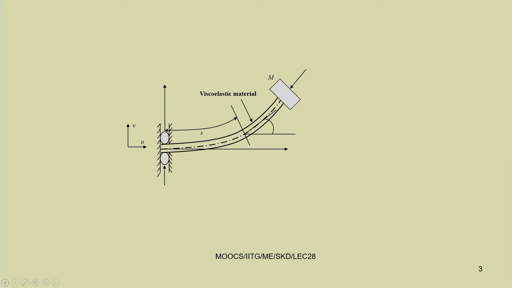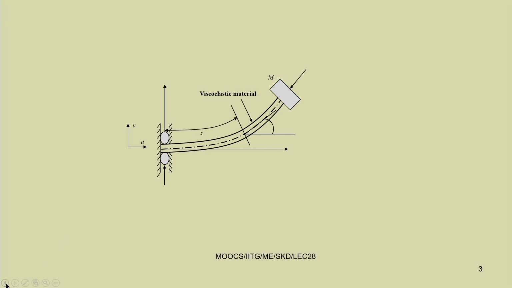In this structure you can see it is written a viscoelastic material beam. It is a base excited viscoelastic material beam. The beam is moving in up and down direction, and at the same time the beam is also subjected to an axial loading. We will study how to derive this equation of motion, and also how we can solve this equation of motion. The basic structure of all these things we have already studied in the previous lectures.